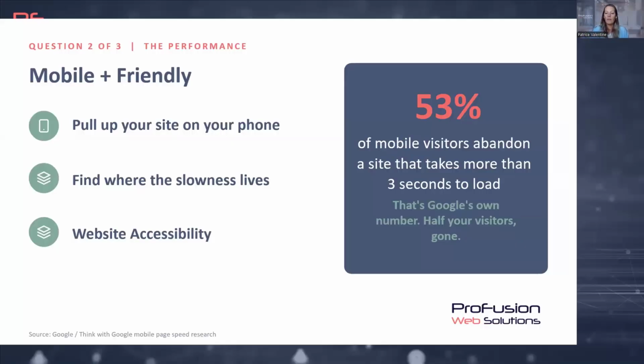Question number two looks at website performance, and I put this specifically under two sections, and that was one, the mobile performance, and then the performance for accessibility. So first for mobile, if you take your cell phone right now and you pull up your website and you find you're having to pinch or zoom to read anything on your website, or if your buttons are too small, the links are too small in order to tap with your finger or thumb, then your website isn't truly mobile ready. If you find that you're having to scroll horizontally on your mobile phone to view everything that's on the page, that is not a